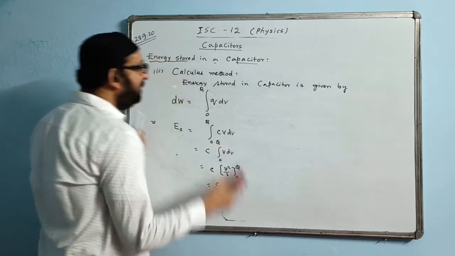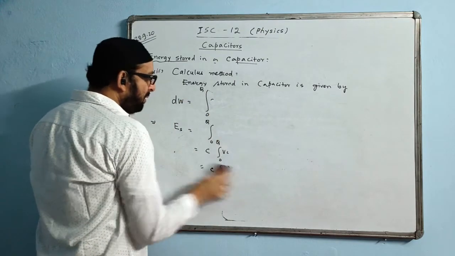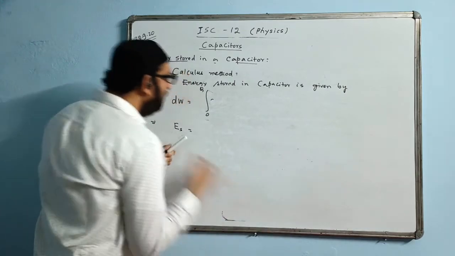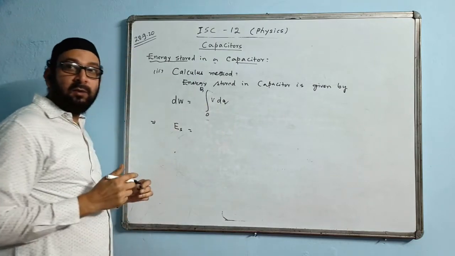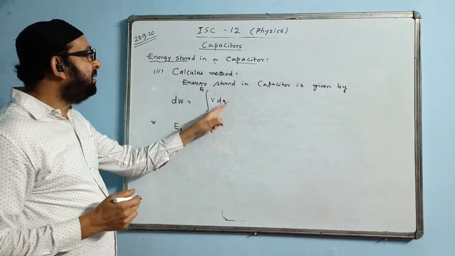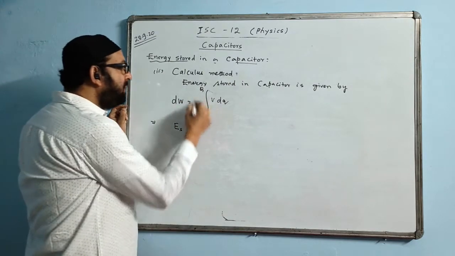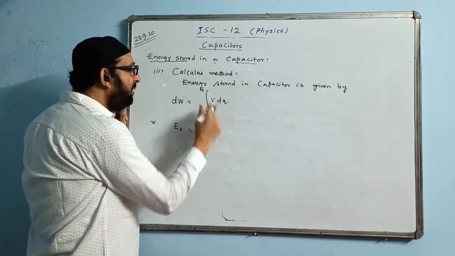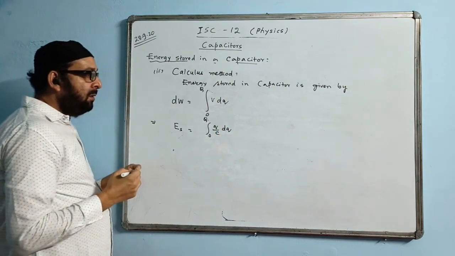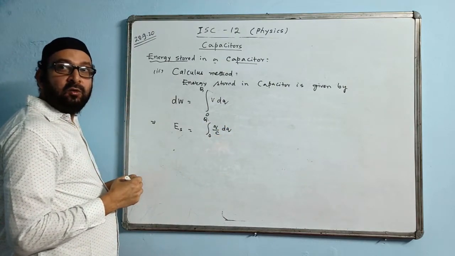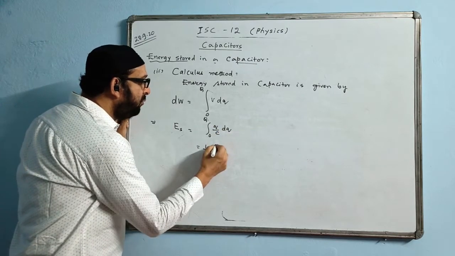Sorry, I made one mistake there in the derivation. You need to cut 0 to Q. The q is variable here, so a correction is needed. Here we will be writing V dq. There is a mistake in it, so a correction is required, because we are varying the charge we are storing from 0 to Q, where V is variable. The integral from 0 to Q, V value here is Q by C, and dq here. Because C is equal to Q by V, therefore V will be equal to Q by C. So 1 by C is constant. Here we get q dq.